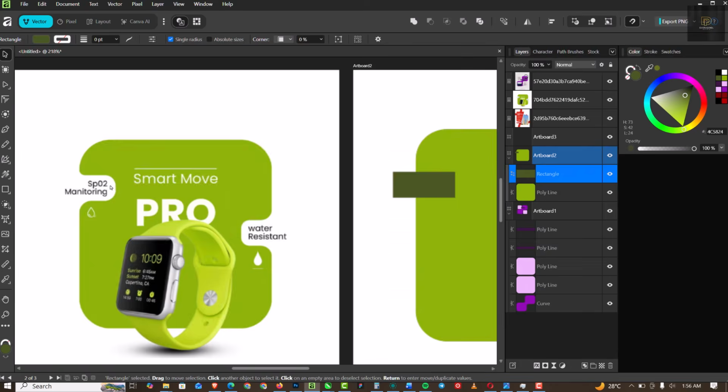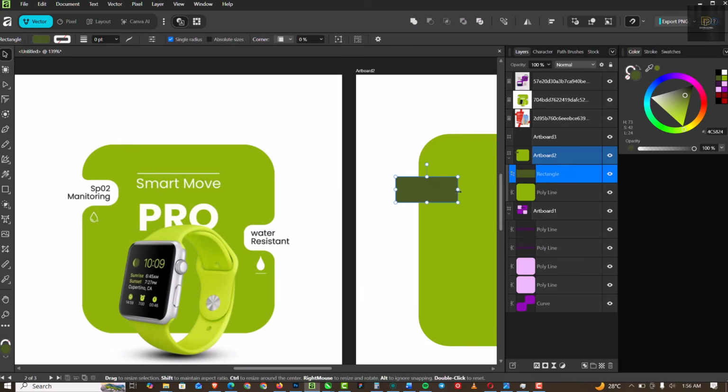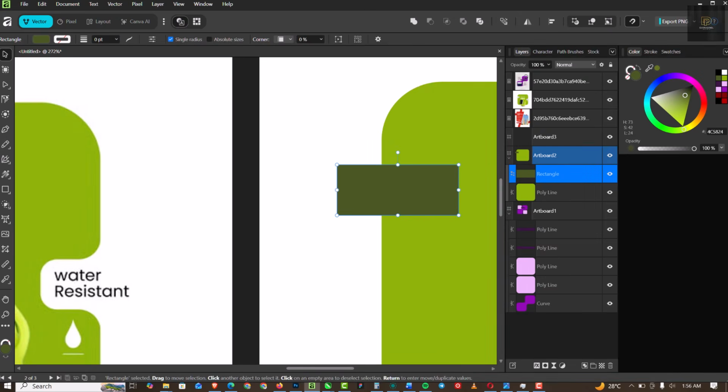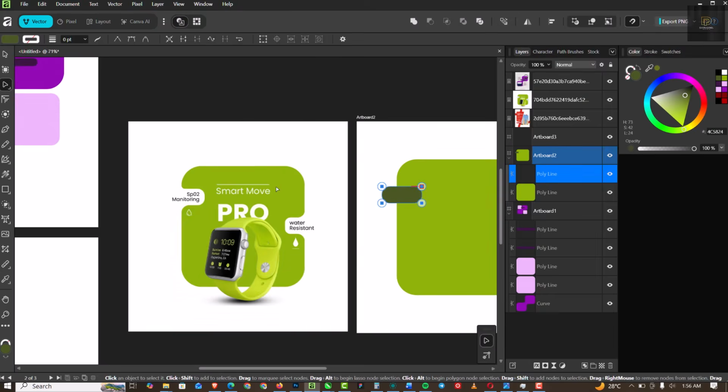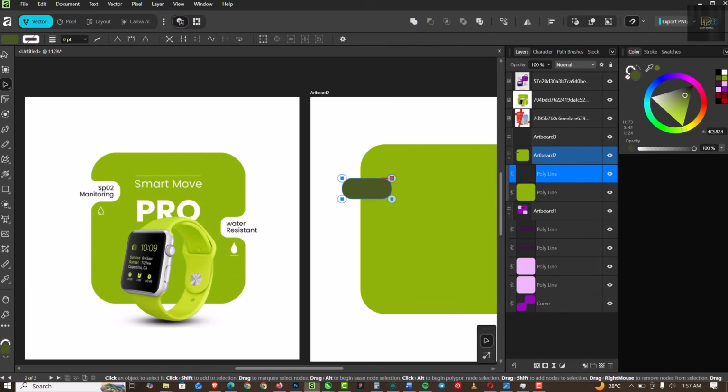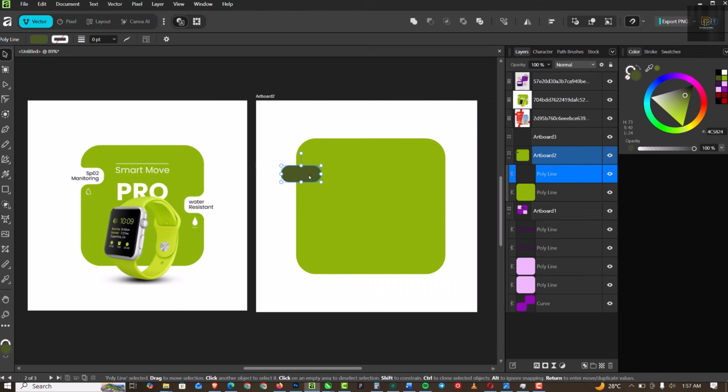Right, I'm going to duplicate this for this part here. Make sure it doesn't go inside too much. Convert everything to round corners using the corner tool like this, and you should arrive at this. Okay, so